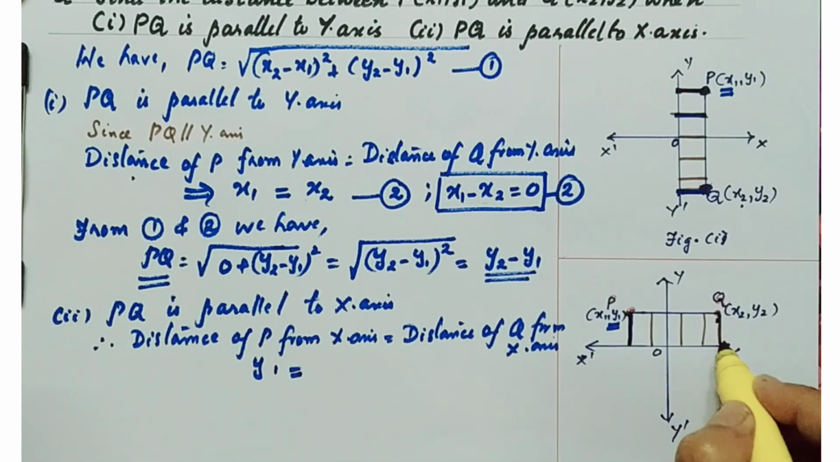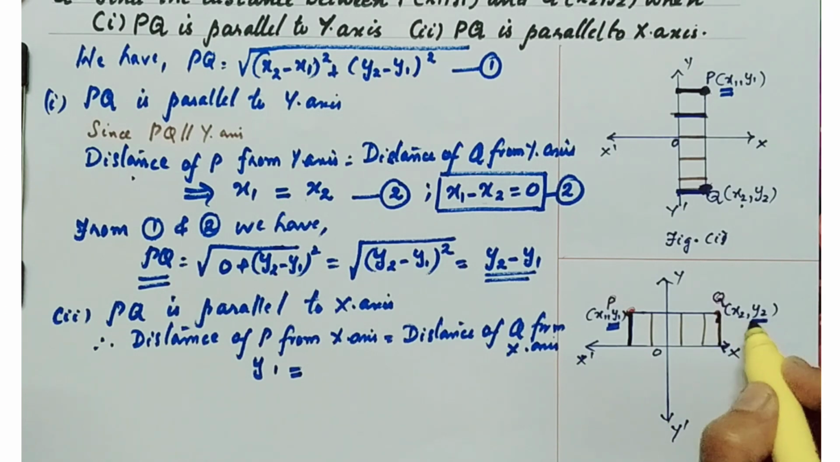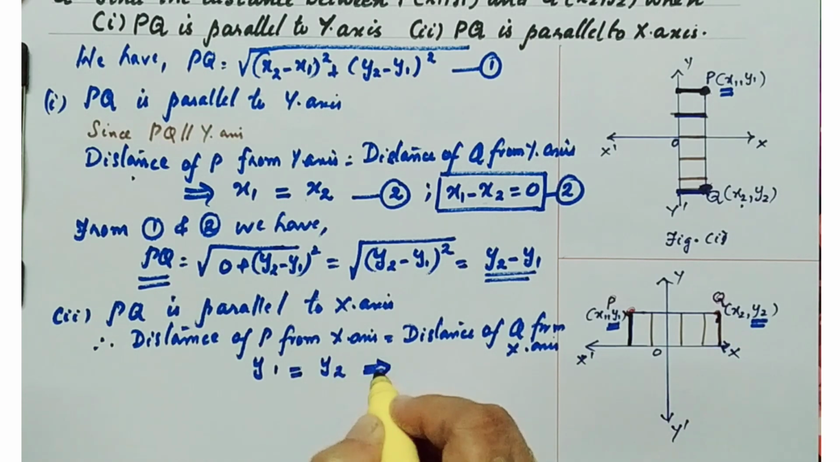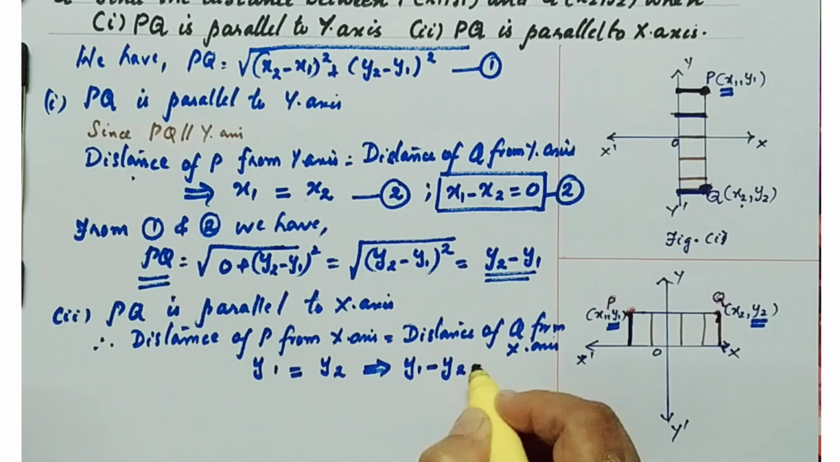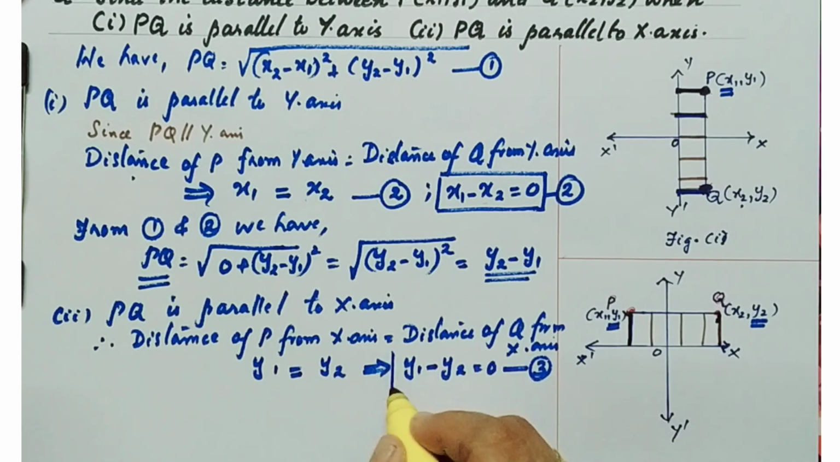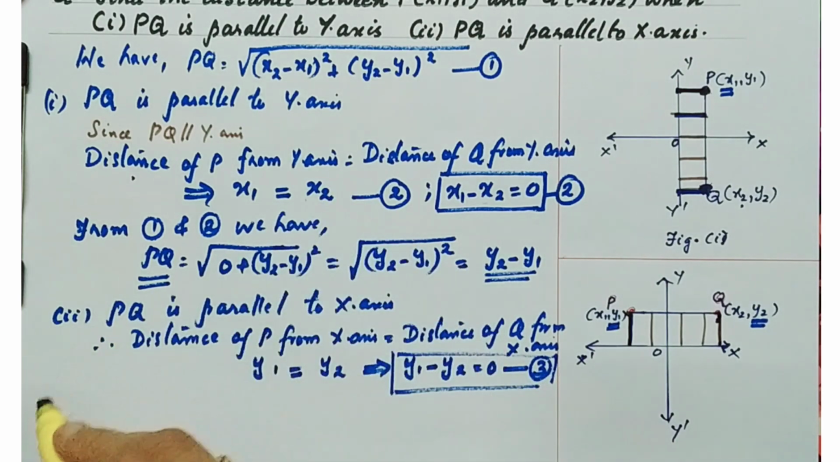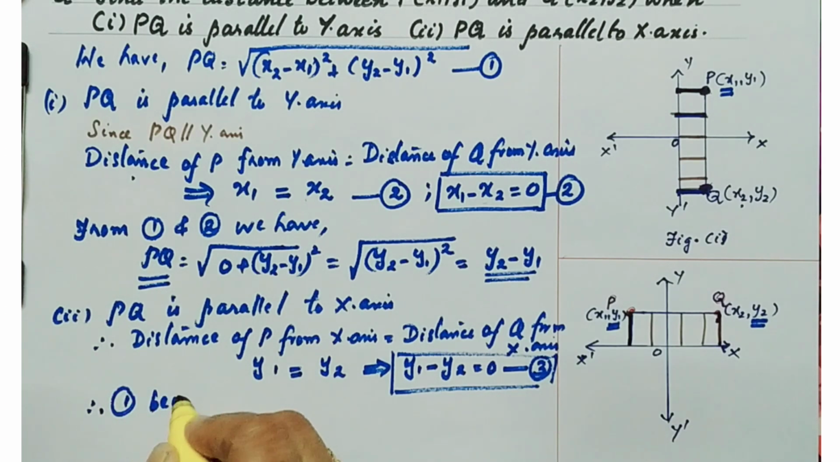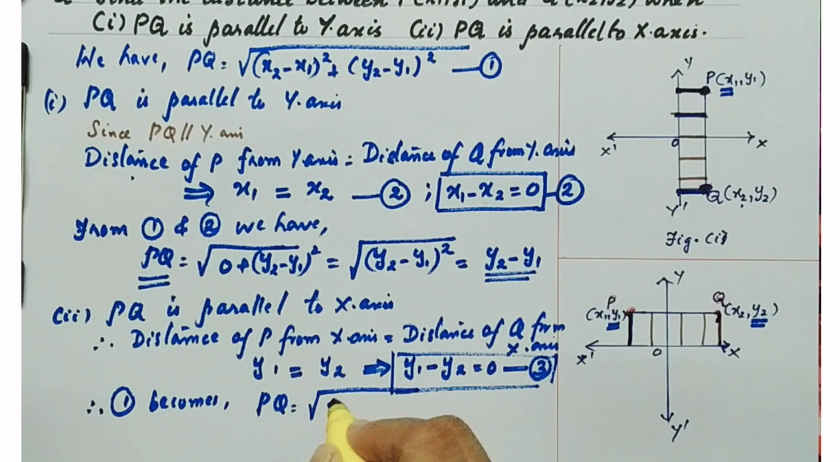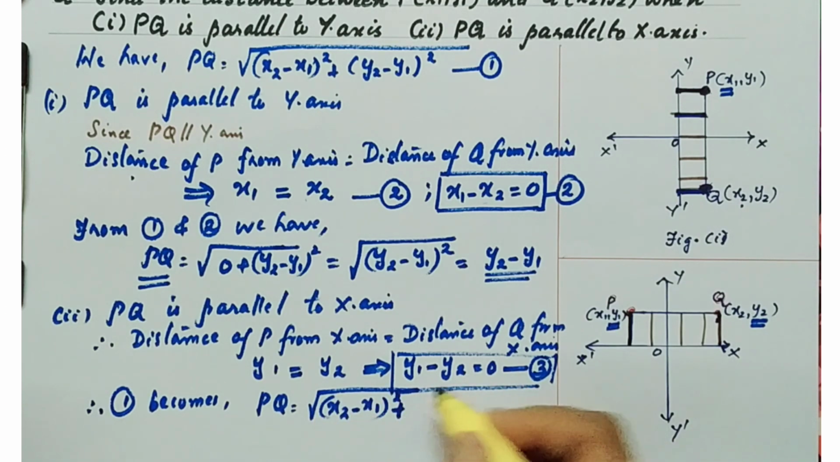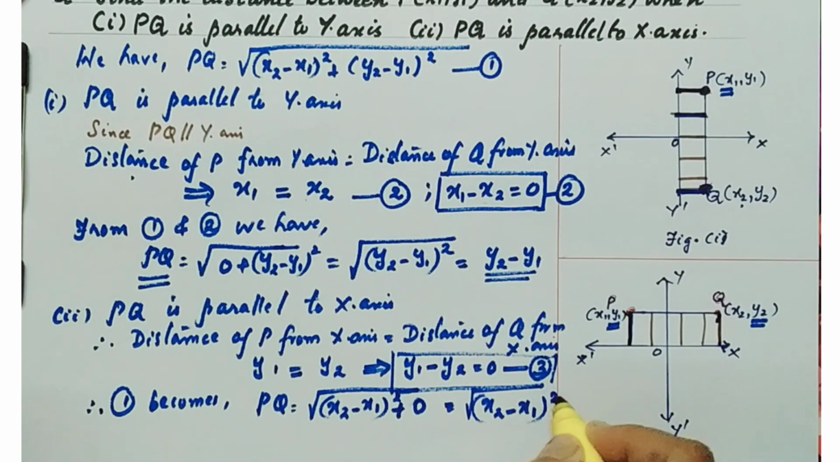equals the distance of Q from the x-axis. For any point, the distance from the x-axis is its y-coordinate, so y2, which implies y1 minus y2 will be equal to 0. Take it as equation number 3. This equation 3 I am going to substitute in 1. Therefore, from 1 and 3, equation 1 becomes PQ equals root of x2 minus x1 the whole square plus y2 minus y1, which is 0. So the answer equals root of x2 minus x1 the whole square,